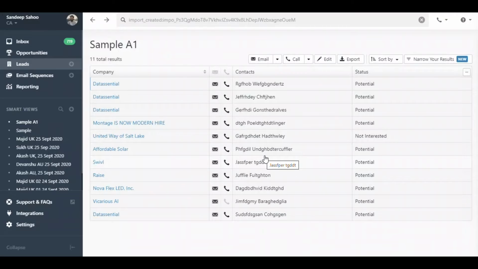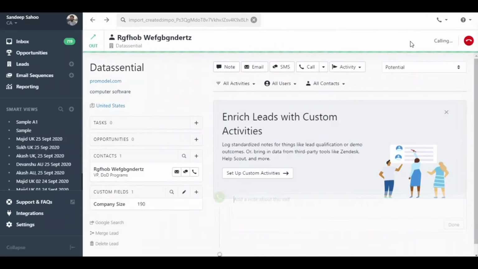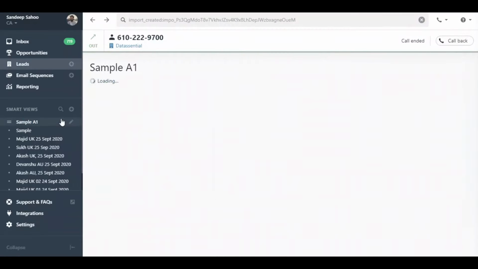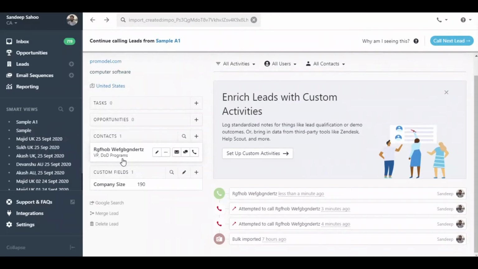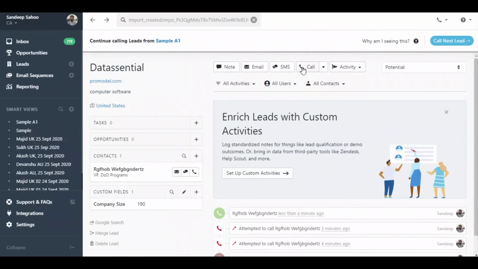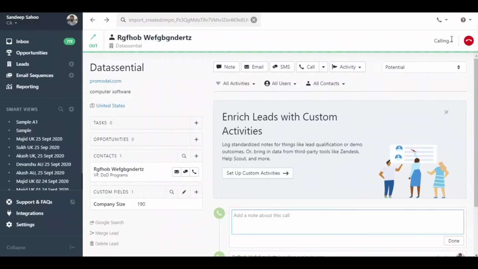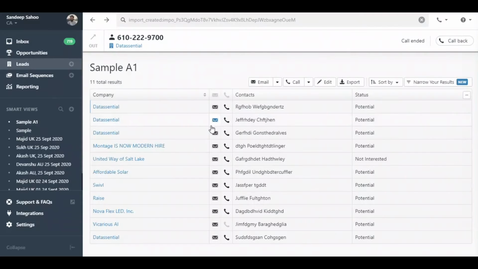Now I will be proceeding towards the calls. So there are three features in the tool. The feature number one is making manual calls, like simply clicking on the call button and making the call. Another technique is if I click on the particular lead, I can read what company it is in, what is the website and things like that, name and the title, and then I can simply click on the call button. So these are the two manual techniques how we can do the call.